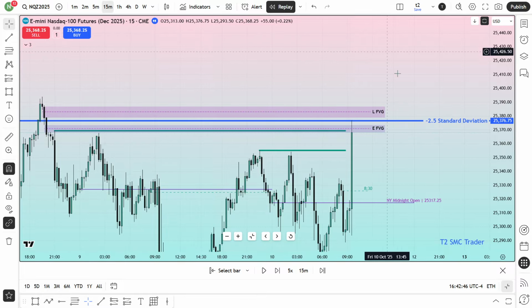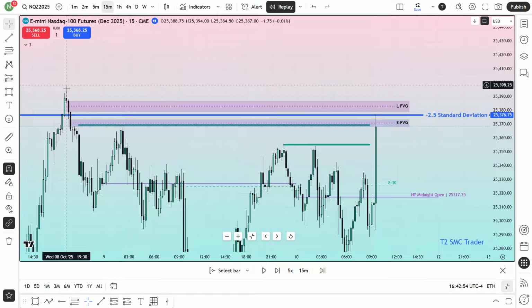If it takes that high, that means it's going to be a not so beautiful fall. It's going to be like consolidation, something like that, because this is the extreme high that has been traded at the minus 2.5 standard deviation. After trading this minus 2.5 standard deviation, this is the extreme high. That high has to be intact.